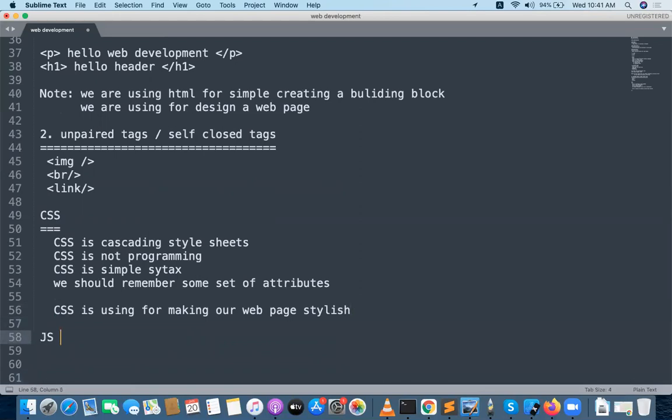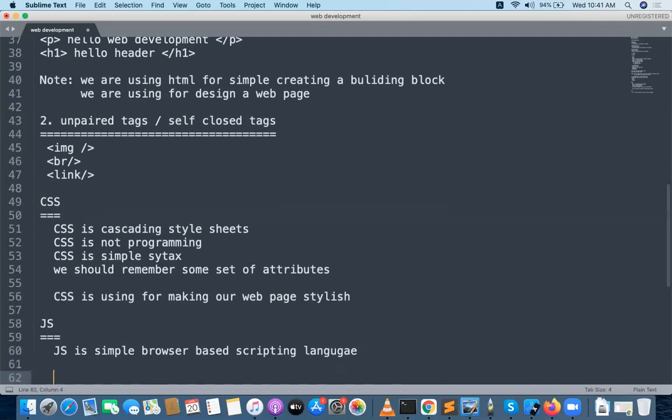Coming to JavaScript, this is the important concept we are going to be discussing here. JavaScript is a simple browser-based scripting language. So we are actually coming to programming now, but this programming is also not complicated programming.